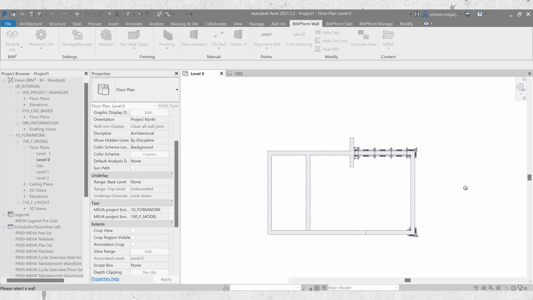Moving on to the second case, which involves crosswise wall joints anchored on both sides. Simply click the wall you want to form in the current cycle and then, with the second and third clicks, select another wall from the previous cycle for each side.